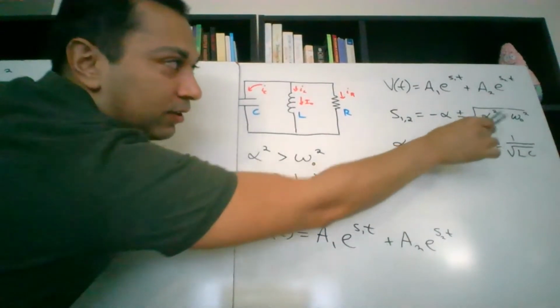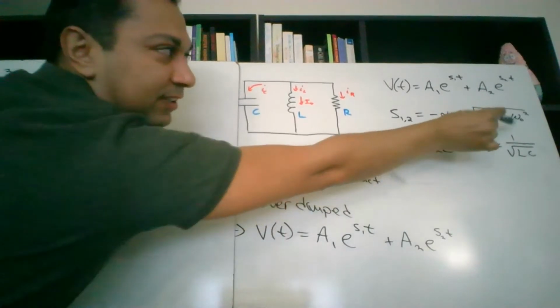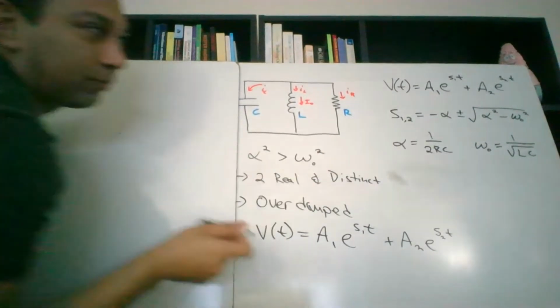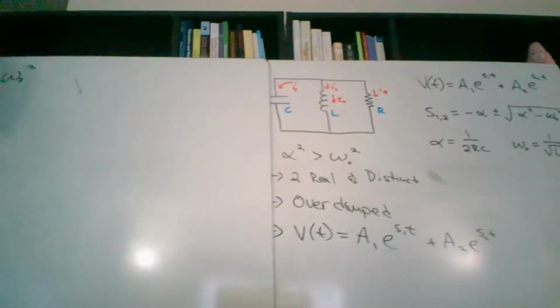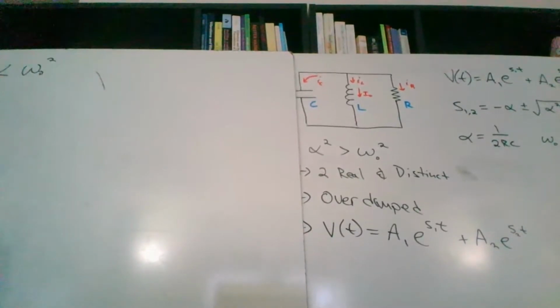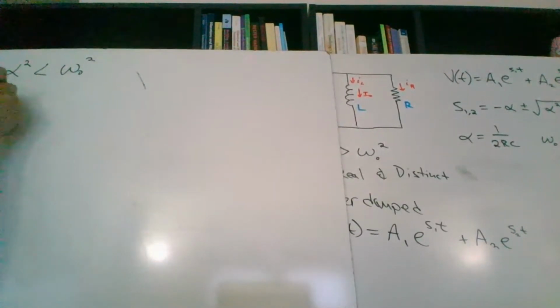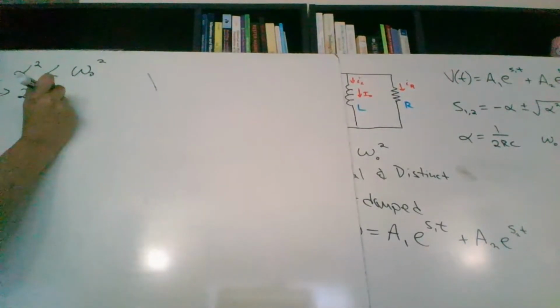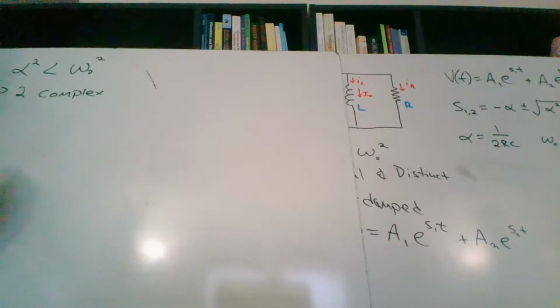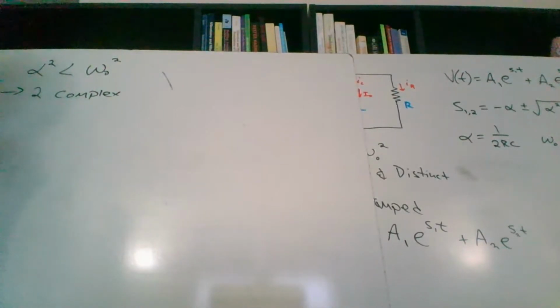Over here, you get an imaginary number because this value is bigger than this value. And then you get two of them because it's plus or minus. So what we would say is that you get two complex solutions,